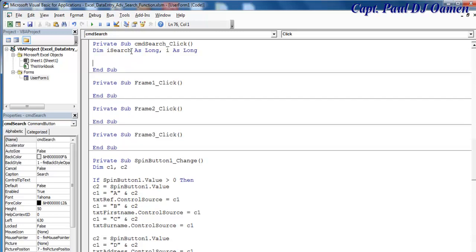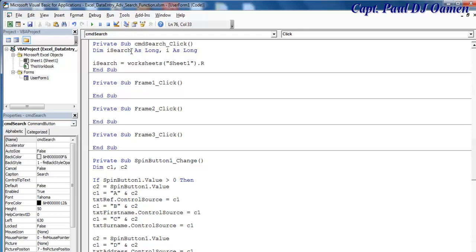Now, let's say iSearch equals whatever I have inside my worksheet. Open a bracket, and that is going to be right inside the Sheet1 itself. Okay, and I'm going to then close that and say dot